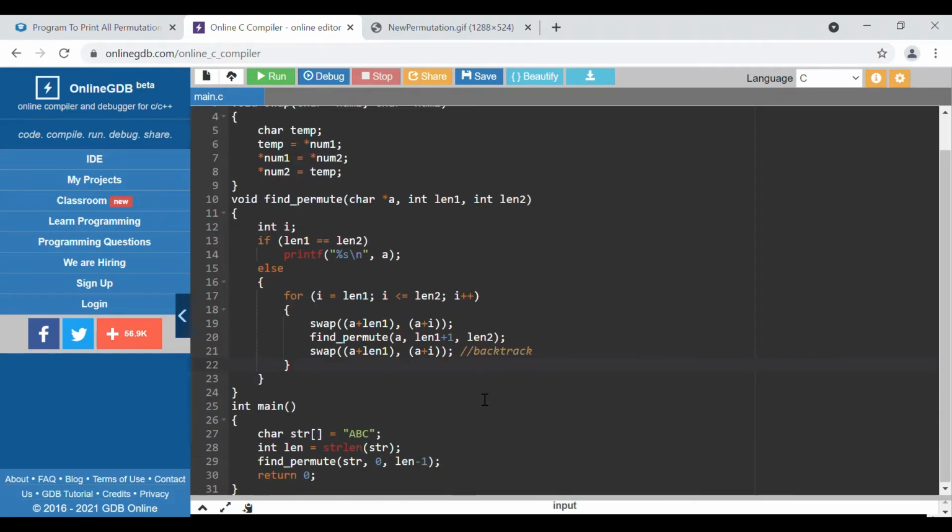Here basically our string is ABC. Now we have to permute all the combinations, right? All the permutations we need of ABC. So let's see how we are going to solve that. Firstly we have calculated the length of the string. That is very necessary for this code, right? Then we have created one function, that is findPermute. That is our main logic.